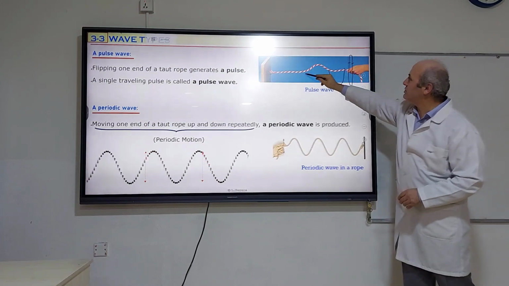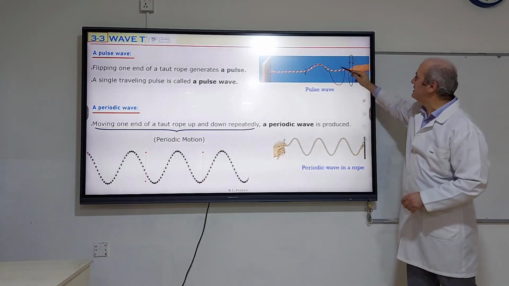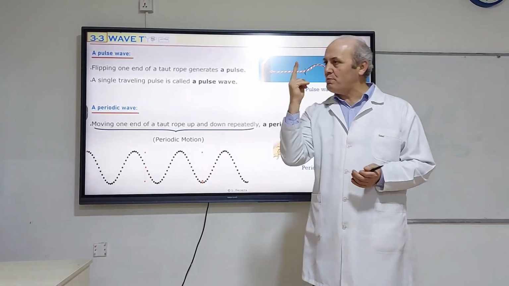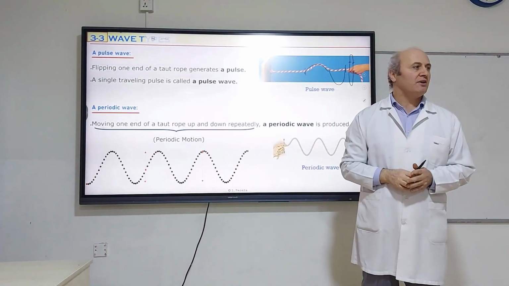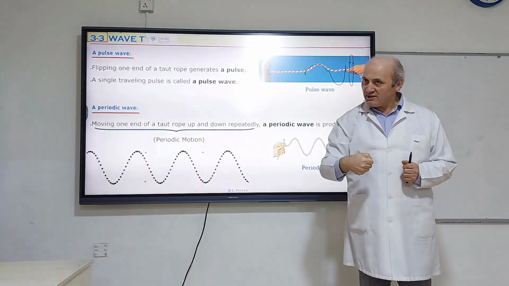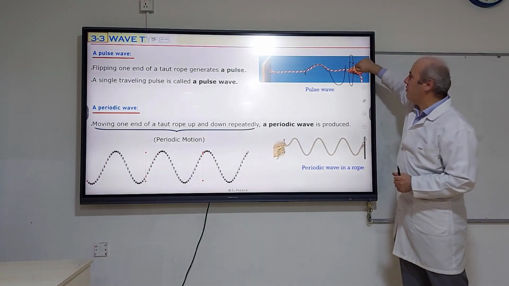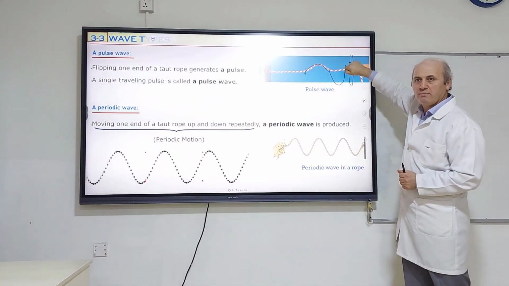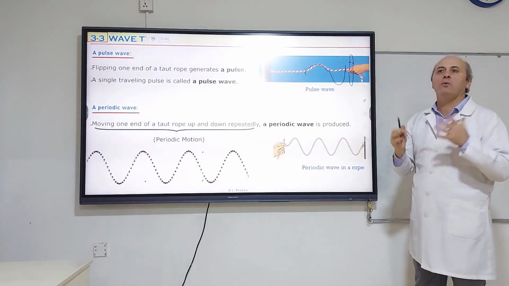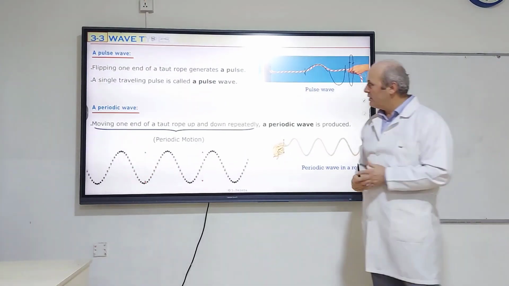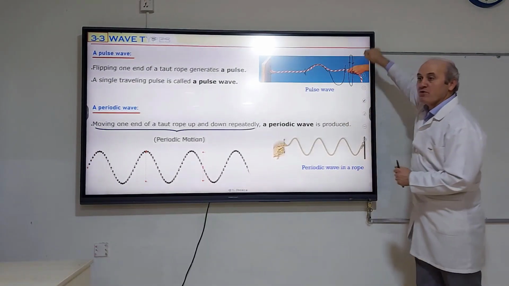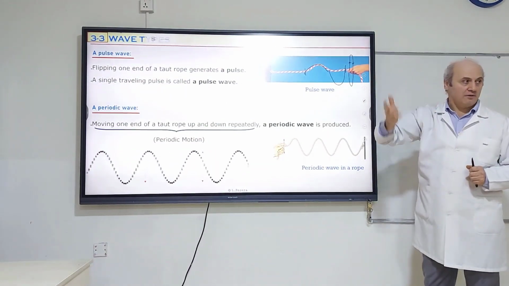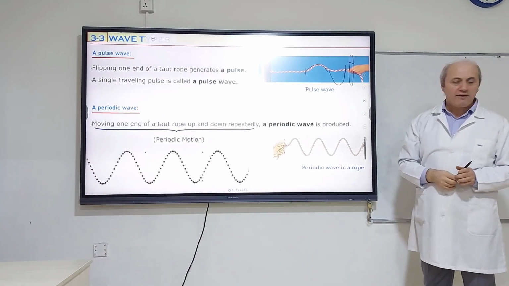Altogether, this is a complete wave. Yeah, a complete wave is done by two pulses. Each pulse is produced by a half cycle above the equilibrium position, half cycle below equilibrium position, one complete cycle, one complete wave. If you repeatedly move your hand up and down, of course you are going to produce several complete waves one after another, which is called